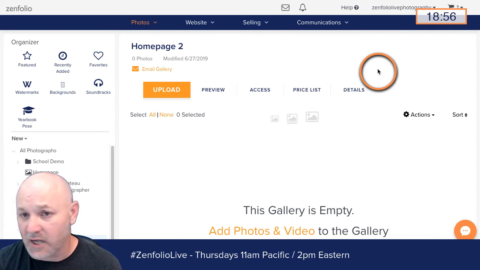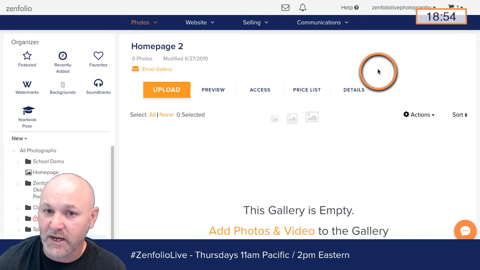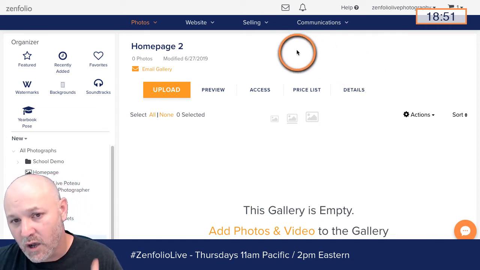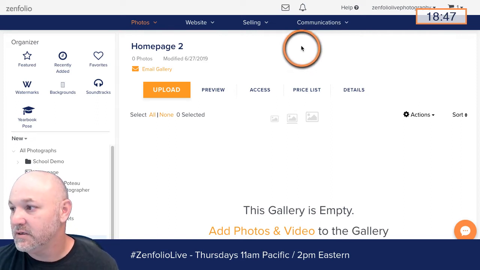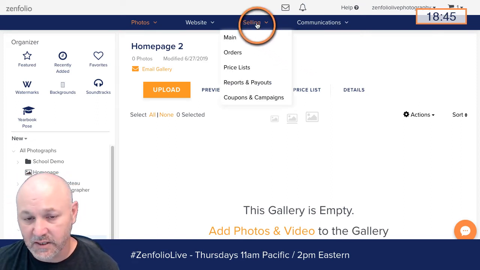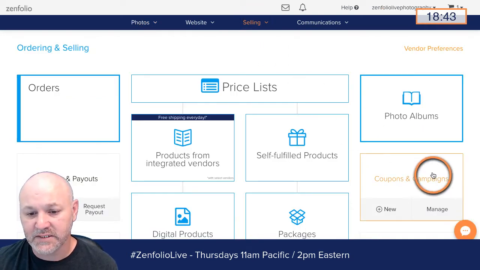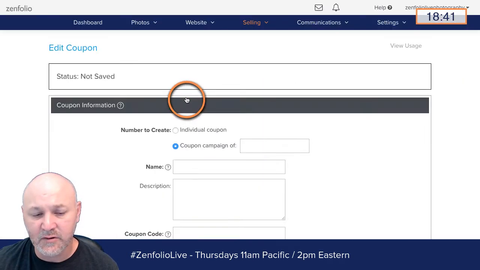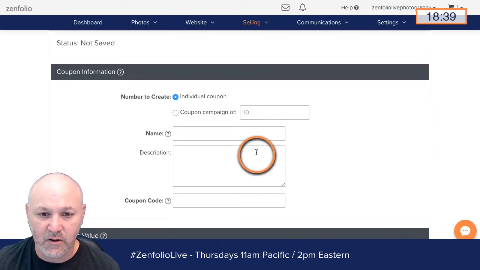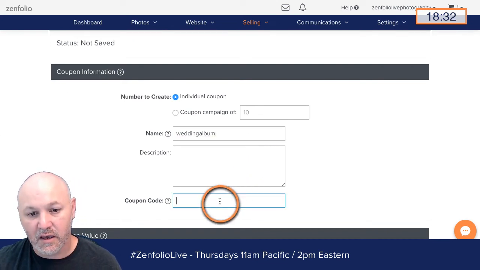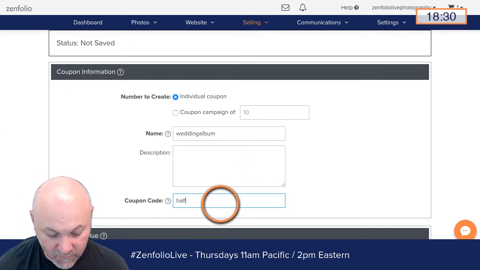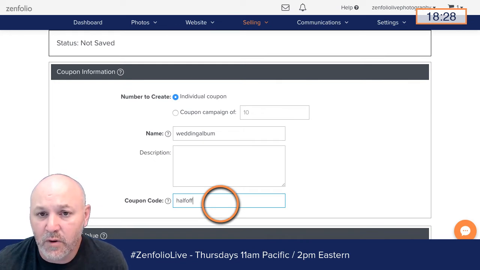So there's not a way on the price list to offer tiered pricing, but if you offer a wedding album at $500, then what you can do is go to selling. You can go to coupons and campaigns, add a new coupon, and we can call this wedding album, and then we can say half off, whatever coupon code you want it to be, right?